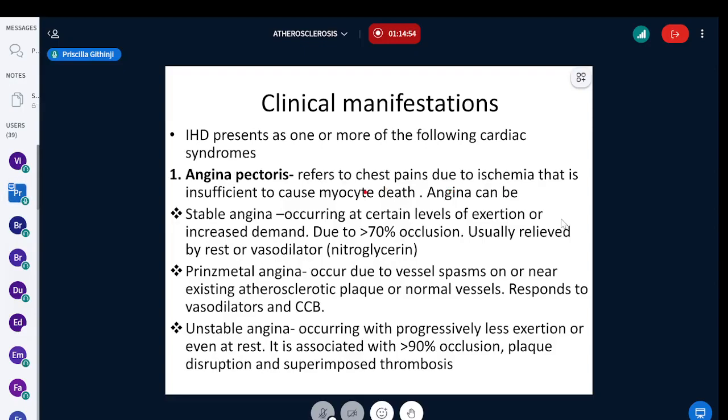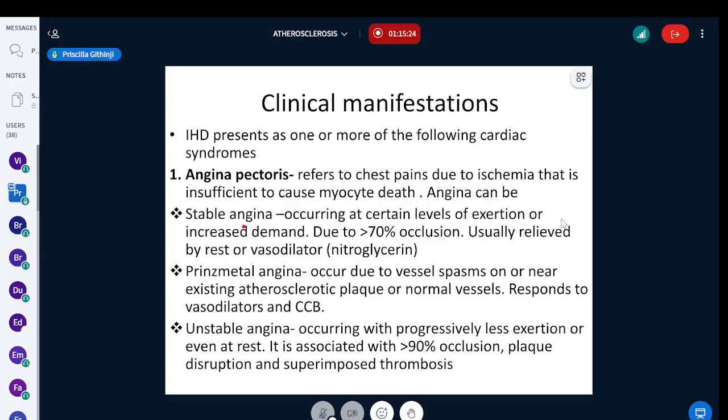So angina can be stable. In stable angina, it occurs at certain levels of exertion or on increased demand. For example, when someone is performing normal activities, they're okay. But when they climb the stairs, they complain of chest pains. So they have certain levels of exertion, or they lift something heavy because there's increased demand, then they start having